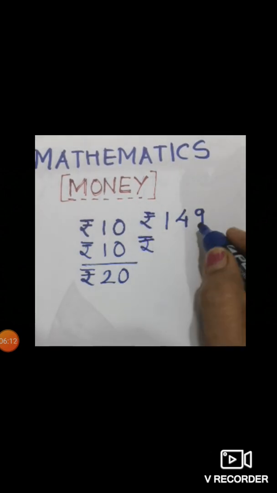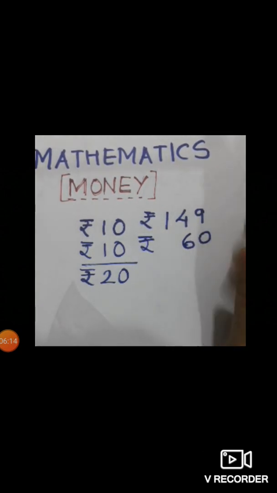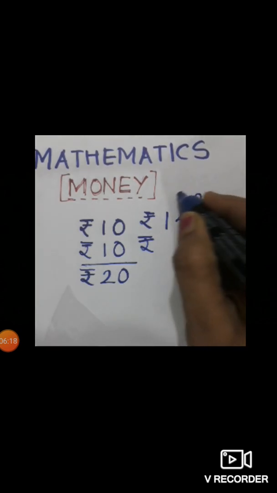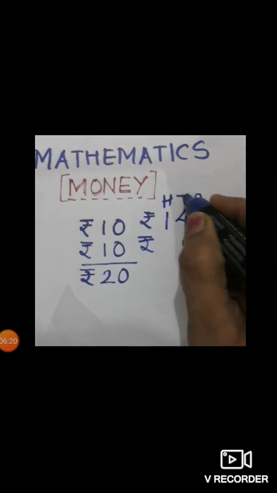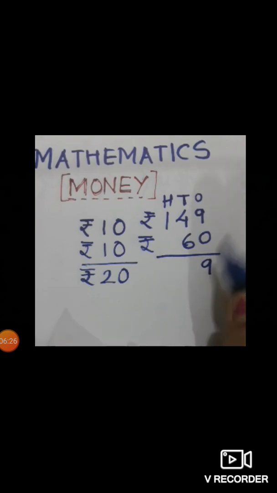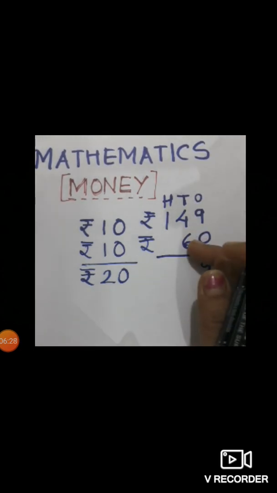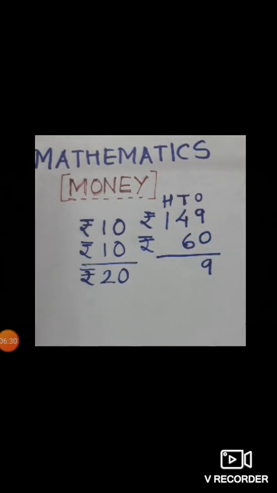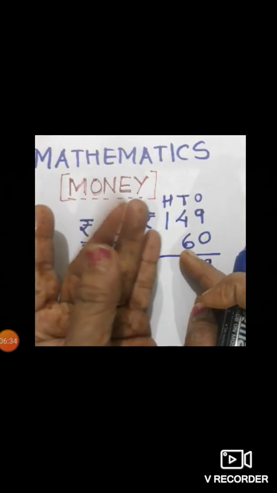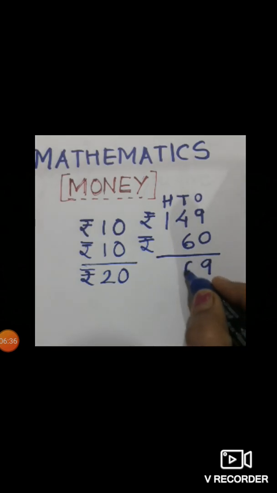How much do you have to give to the shopkeeper? I'll write 60 over here because this is only a 2-digit number. Always remember they are in the ones and tens place. When it is a 3-digit number, then it comes to hundreds. Let us add up. 9 plus 0 is 9. Then take the big number, 4 and 6. 6 is the big number, so we'll take 6 in mind. 4 fingers up. Forward counting after 6: 7, 8, 9, 10. So what we will do is carry over, regrouping.